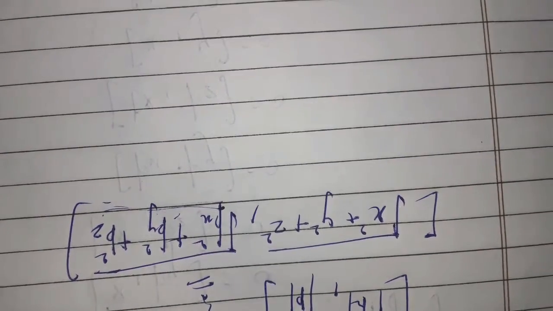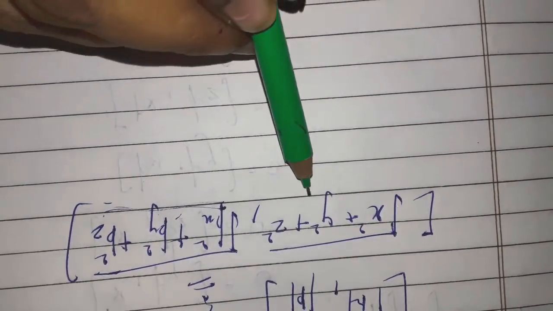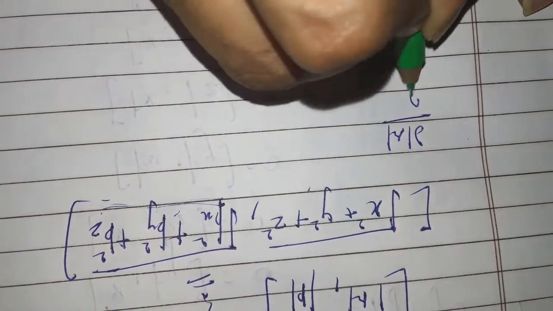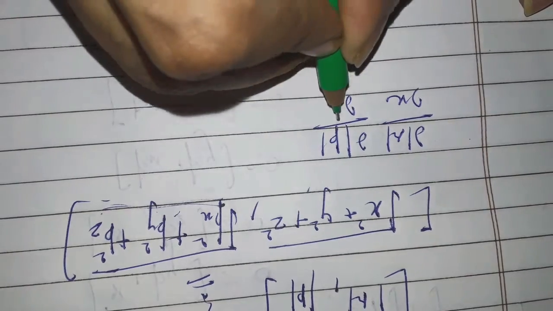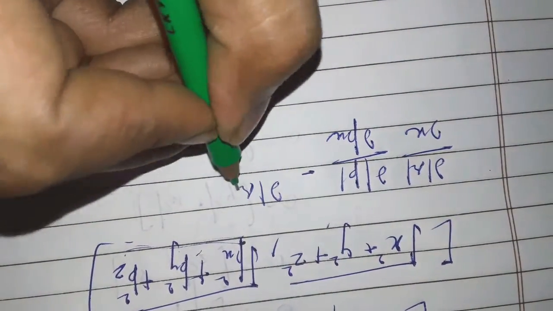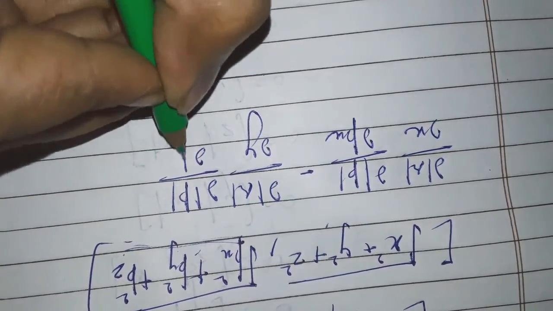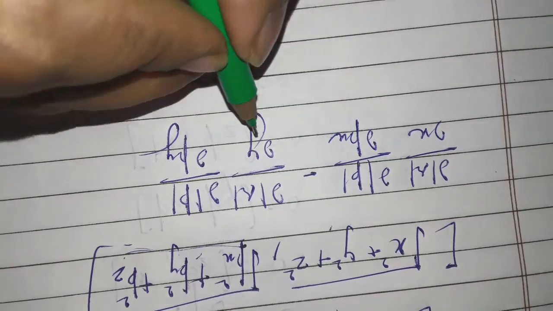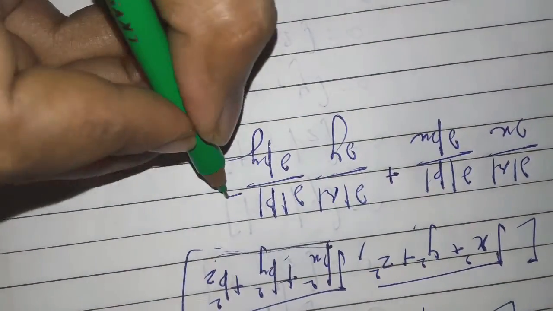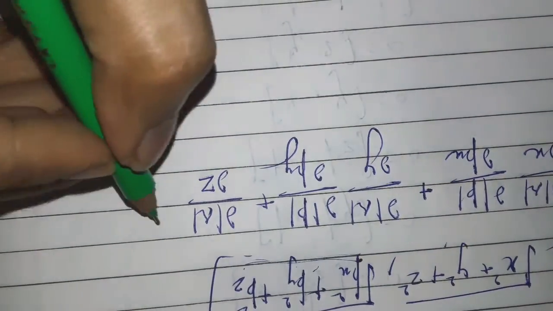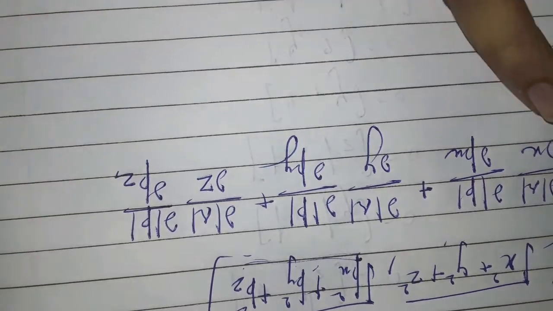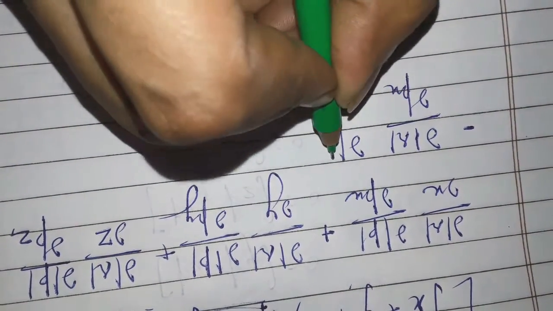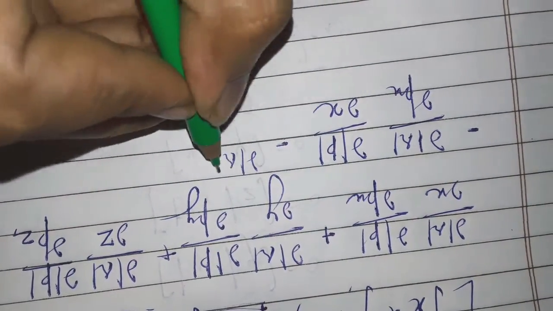So how will you find this? Here there are three generalized coordinates, so you have to write the same relation three times. How will you write it? ∂|r|/∂x ∂|p|/∂px, minus ∂|r|/∂y ∂|p|/∂py, and this thing you will write three times, ∂|r|/∂z ∂|p|/∂pz. Now the second terms: ∂|r|/∂px ∂|p|/∂x, minus ∂|r|/∂py ∂|p|/∂y, and so on.